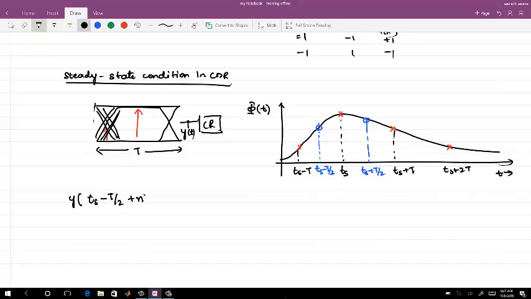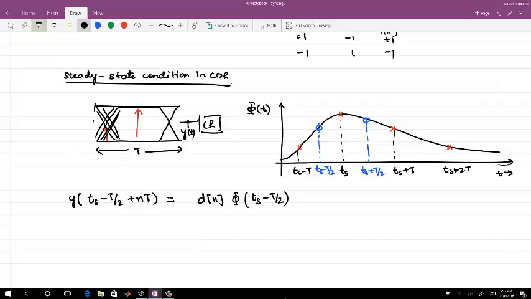I'm considering n number of bits. For the nth bit, the sampling point is nT plus Ts, and the edge point for that is nT plus Ts minus T by 2. That will be equal to d of n into phi of Ts minus T by 2,